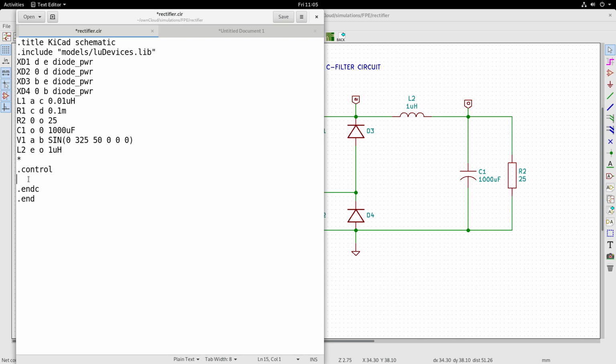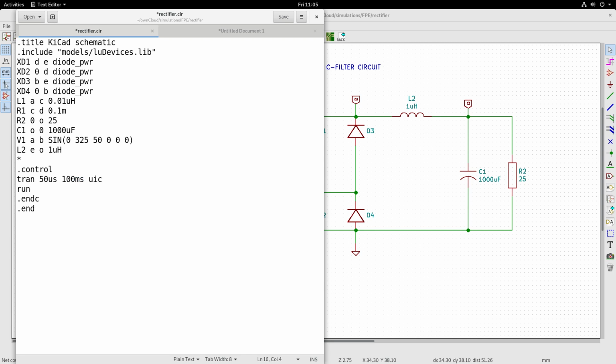So let me first introduce the analysis. Let us do a transient analysis. Again, I request you to go and look at the ngSpice manual and see what the syntax is for transient analysis. So this basically gives you the step size, and it is not necessary that it should be a 50 microsecond fixed step. This is an upper limit for the step size, and this is the final time, stop time for the transient analysis, 100 milliseconds, because we are giving a 20 millisecond cycle, 50 Hertz. At least 5 cycles it will go through, and use initial conditions. So this is the transient analysis syntax, and we would like to run.